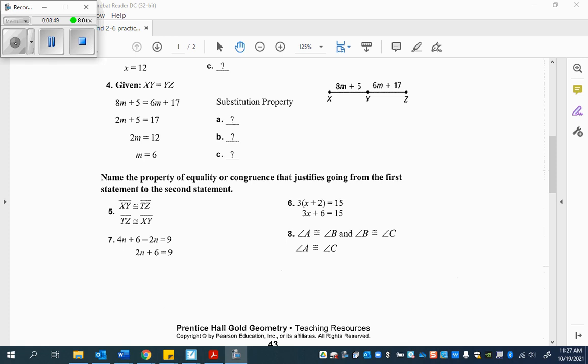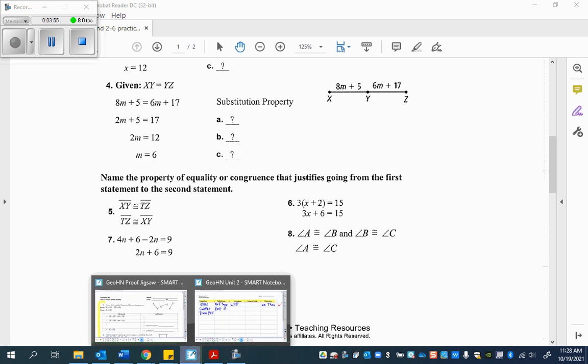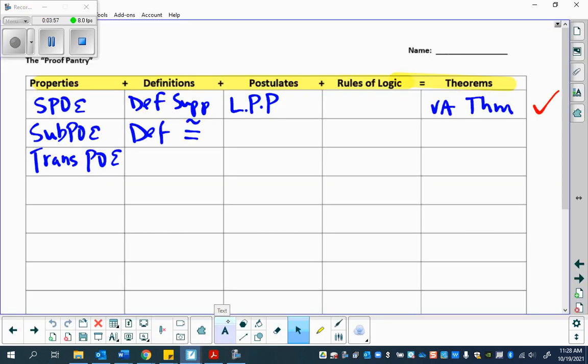All right, so again, we want to make sure that when we are looking at our proof pantry, it's just a listing of all the things that we've learned so far. It's kind of like a summary. So instead of going through your entire notebook and flipping through and wondering, what have we learned so far,